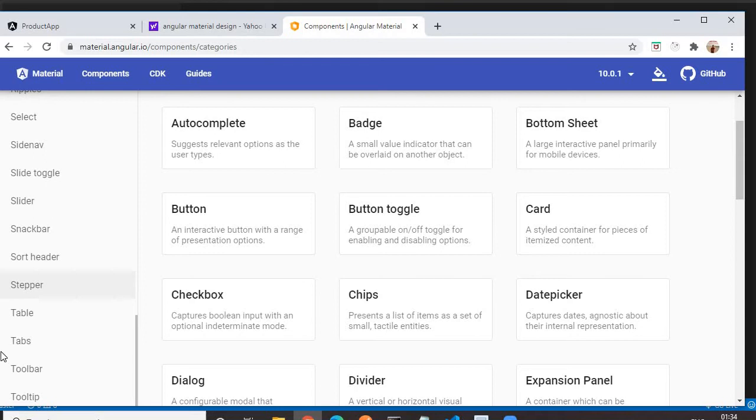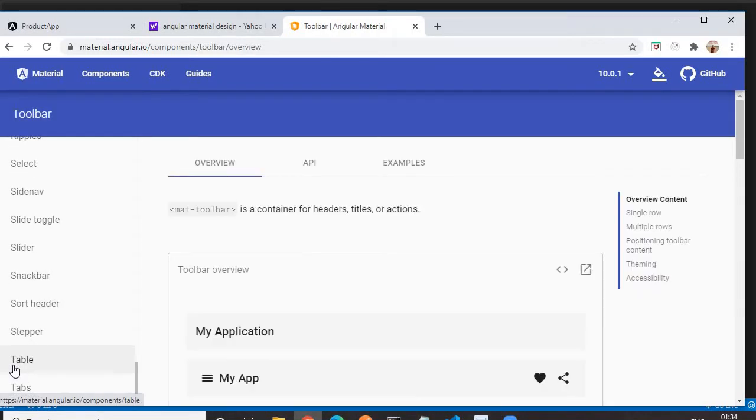Yeah, here it is, a toolbar. So click on that component. Let me tell you, there are a couple of components available in Angular Material, and each component is linked to a separate module. To utilize that component, we have to import the corresponding module. So for the mat toolbar, there is a module, so let me show you.